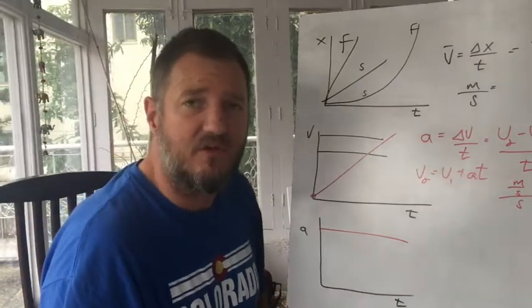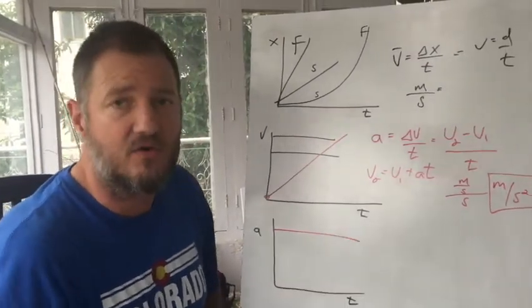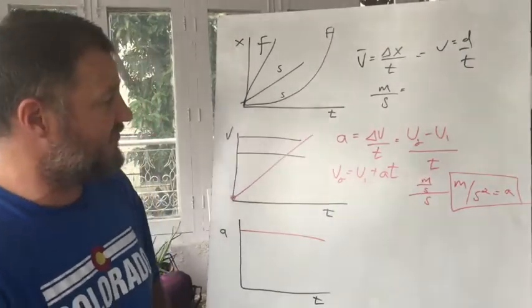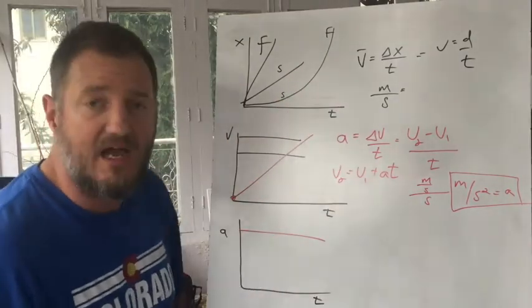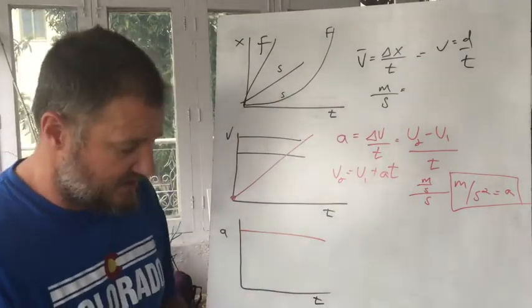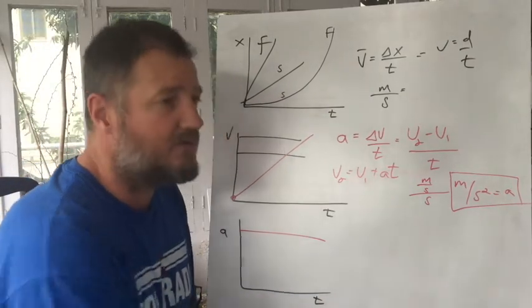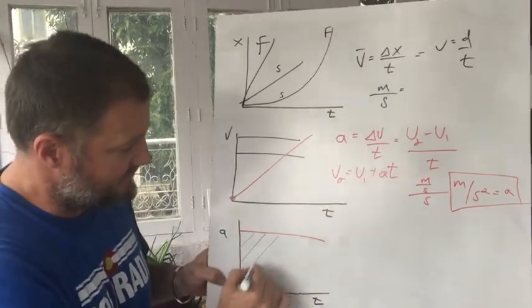Acceleration time graphs don't really get much analysis because oftentimes they're straight lines. These courses really give you uniform acceleration in most cases, and with uniform acceleration you have a straight line on a VT graph and you have a horizontal flat line on an acceleration time graph. But here's a real common multiple choice question. When you look at this quantity right here,